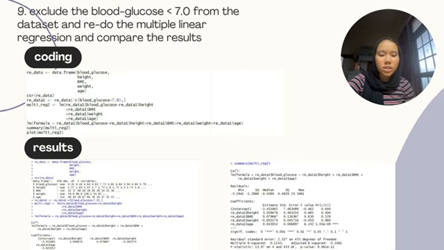Then we will check the structure using the str function, and then we have to filter the data to exclude the non-diabetic patients by using the negative c function, so that only data from patients with blood glucose more than 7 will be read. Then we will do multiple linear regression for blood glucose based on height, BMI, weight, and